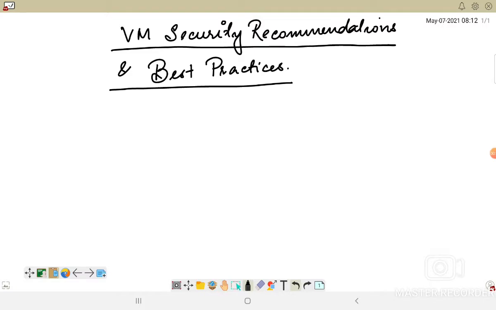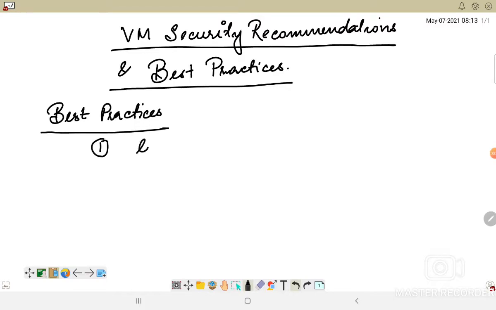So, talking about security best practices, these are actually some of the standard processes or procedures which are involved in maintaining the security of a particular system. So, when we are talking about virtual machine security best practices, let us first focus on the best practices. These best practices also come in recommendations for new systems to develop. So first of all is the general